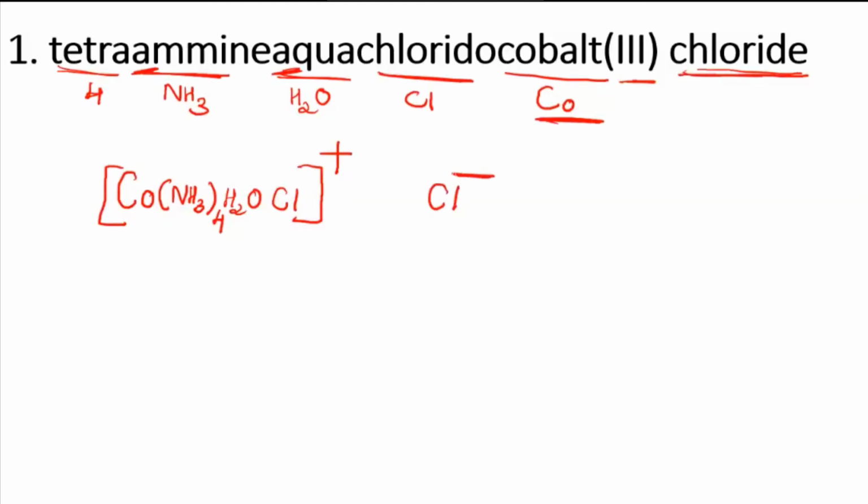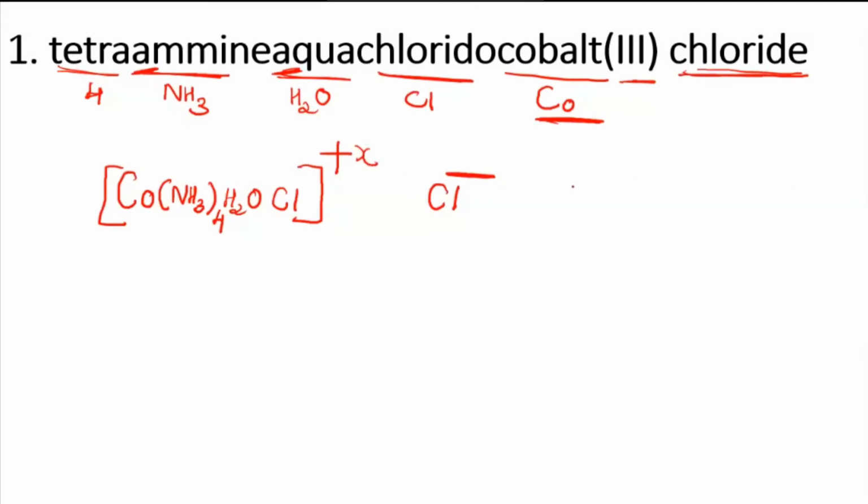Okay, so now Cl minus is a charge. But we don't know what charge is there for this coordination entity. It's a positive charge, that we know, but how much the charge is, we don't know. That has to be found out. Let me take that as plus x. This x value should be found out. I will find that out on this side. See how to find out this x value. Plus x I wrote just now, so how to find that out?